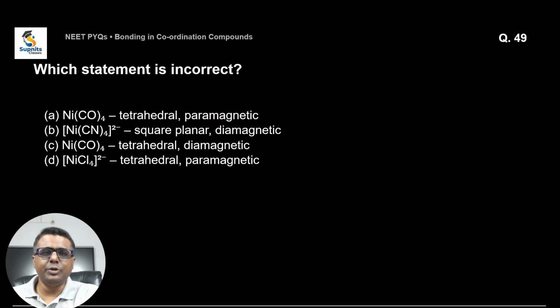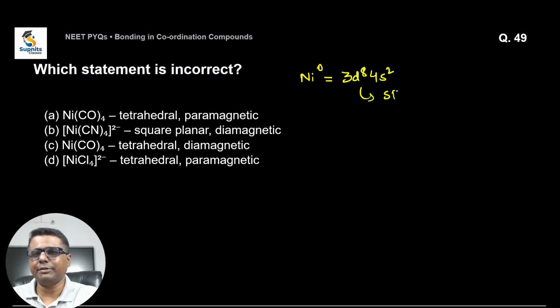Next question. Which statement is incorrect? Nickel tetracarbonyl, I'll check this. Nickel here is with an oxidation state of 0. So nickel is 3d8 4s2. Now it is with an SFL. Carbon monoxide is a strong field ligand. So as it is with an SFL,